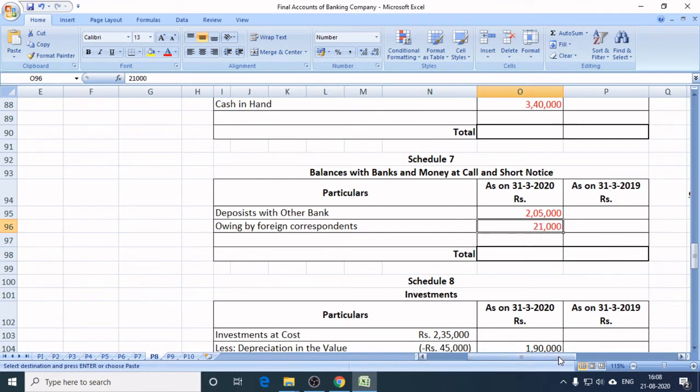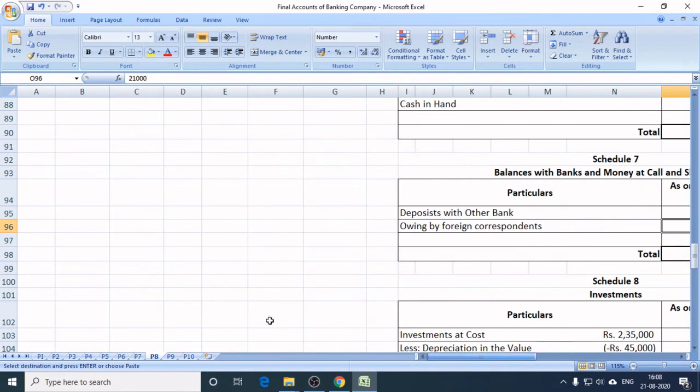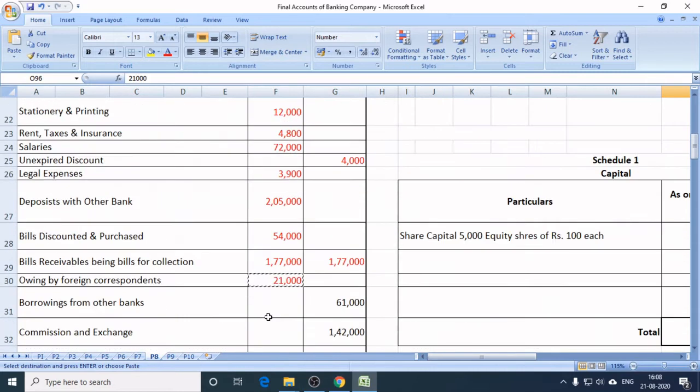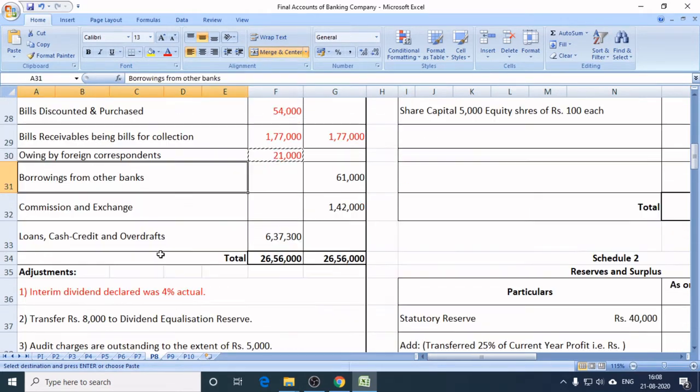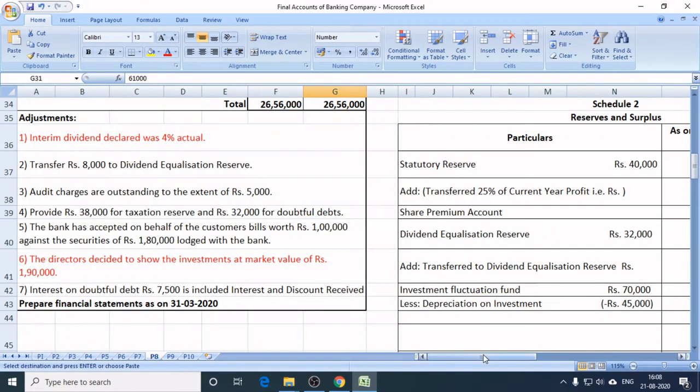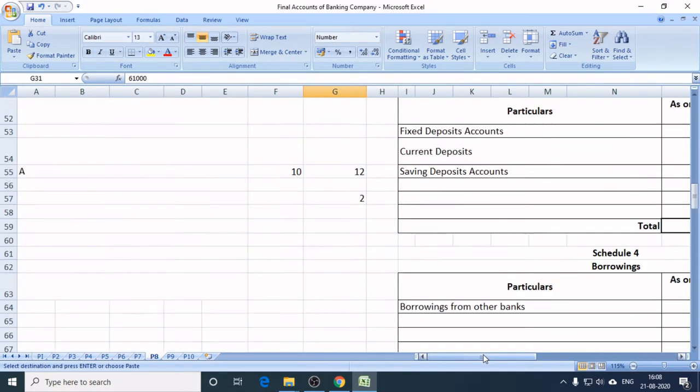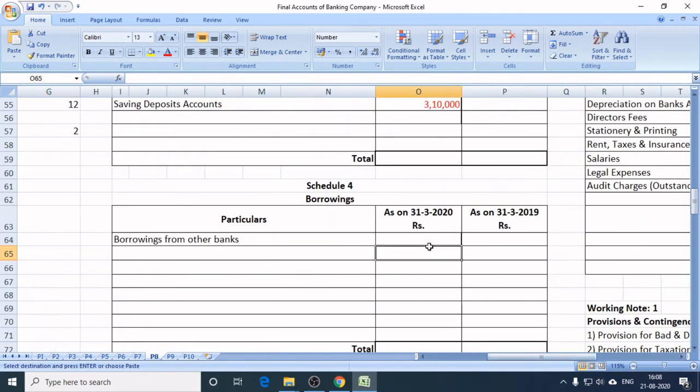सो ये यहाँ पे आएगा 21,000 रुपीज़, बैलेंसेस विद बैंक्स एंड मनी एट कॉल इन शॉर्ट नोटिस। ओके, उसके बाद नेक्स्ट है वी हैव हियर बोरोविंग्स फ्रॉम अदर बैंक्स। नाउ इसका बैलेंस है क्रेडिट और वी नो दैट इट इज liability of a bank, and for recording these types of liabilities we have schedule number 4, that is borrowings। तो यहाँ पे हम दिखाएंगे इसको 61,000।